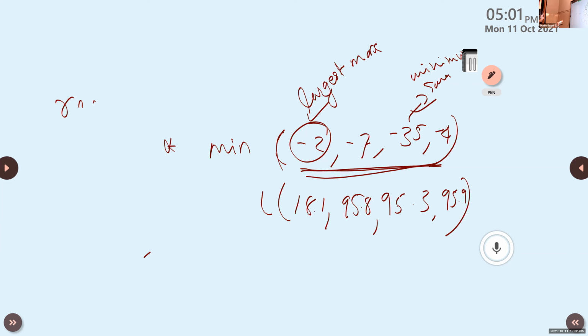Then the len function. We already discussed the len function based on string, list, dictionary, tuple. The len function is used to find the number of items present in that list or sequence data type. Okay, that is the len function. Then range is also discussed.